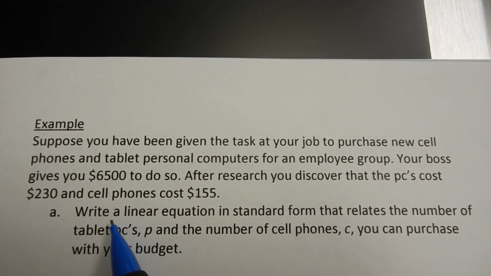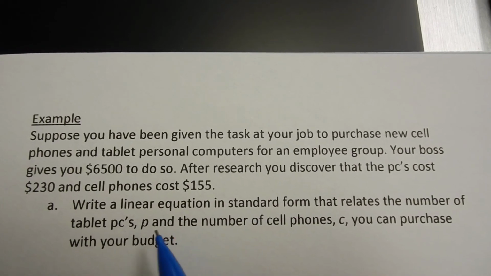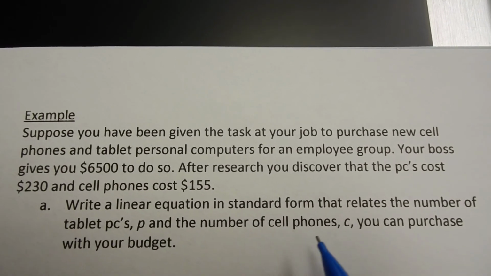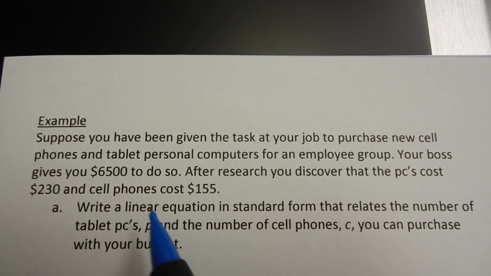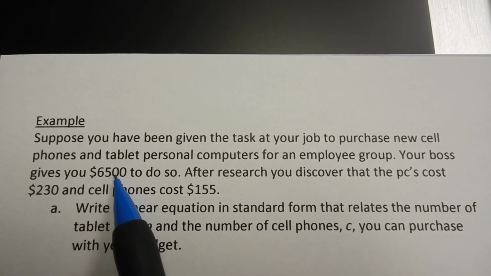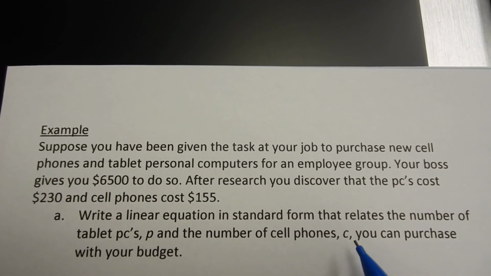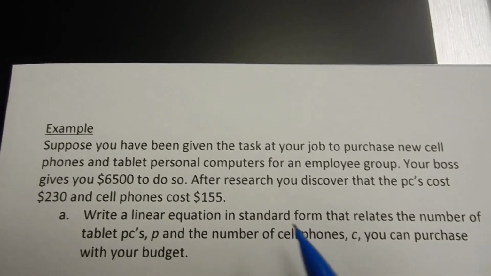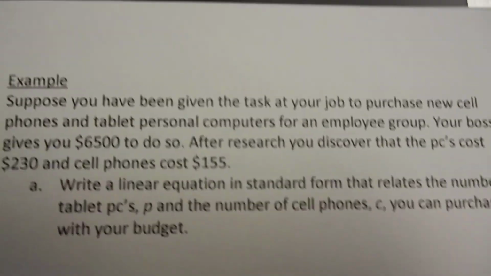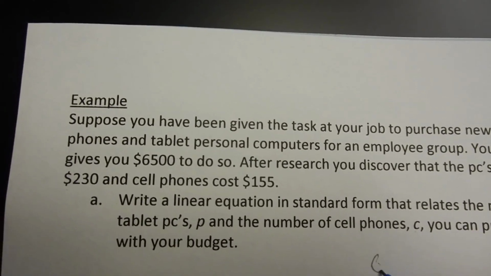So part A here, write a linear equation in standard form that relates the number of tablet PCs P and the number of cell phones C you can purchase with your budget. So the idea here is we're going to use all of $6,500 to purchase so many PCs and so many cell phones. So a linear equation in standard form would look like this. So I'm going to write down